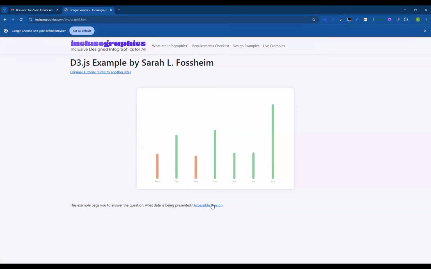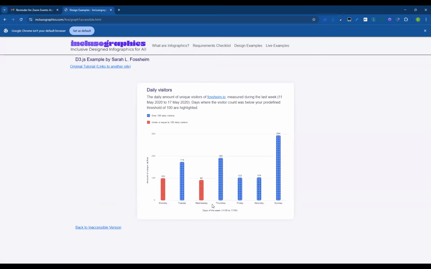Let's see. So white space has not changed as much, but because we made the bars a little wider, you don't necessarily have to have the background, but if I were to check the grayscale, how close are the reds and blues, so that maybe it would matter, right?